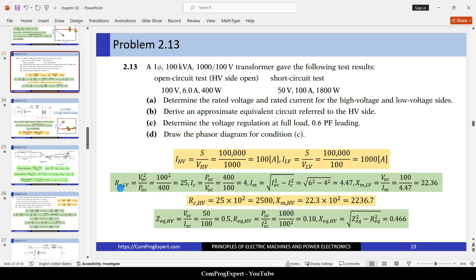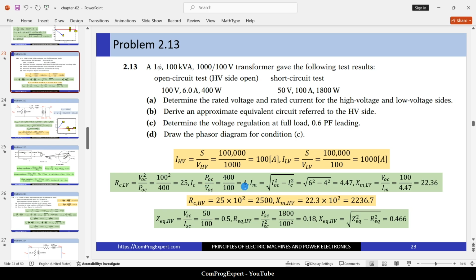The equivalent core resistance at the low voltage side is the open circuit voltage to the power 2 divided by the power loss, that is equal to 400. This is the value of the voltage, 100. Finally, the value of the resistance is calculated equal to 25 ohm. What is the value of the equivalent core current? It is the power of the open circuit test divided by the voltage of the open circuit,